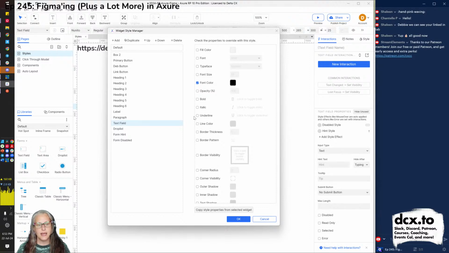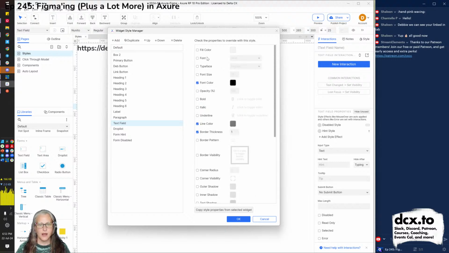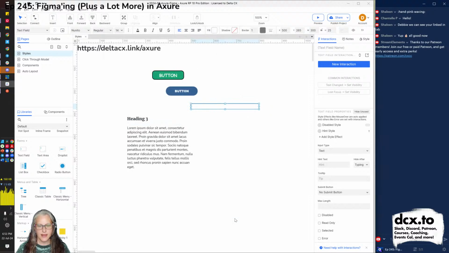So we might say, hey, by default, when we have a text field, we want it to, let's say I still use font color black, and let's say we've got our border. Let's say it's a gray border, left justified, center. Let's say we have some padding, padding of 10, and let's see how that looks.